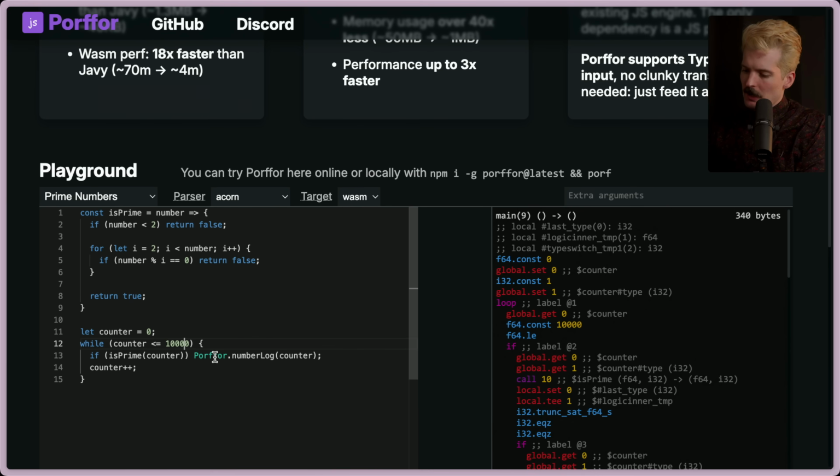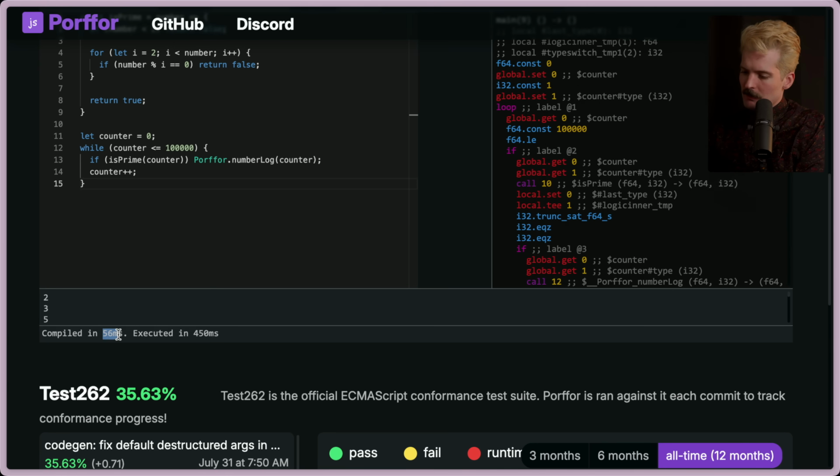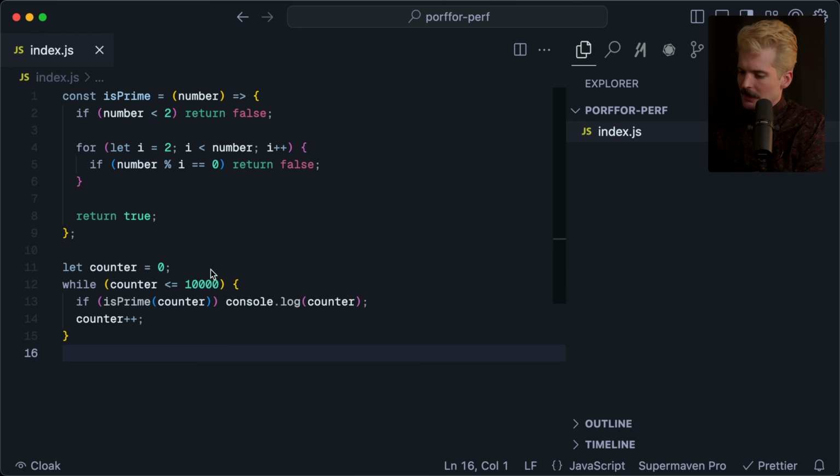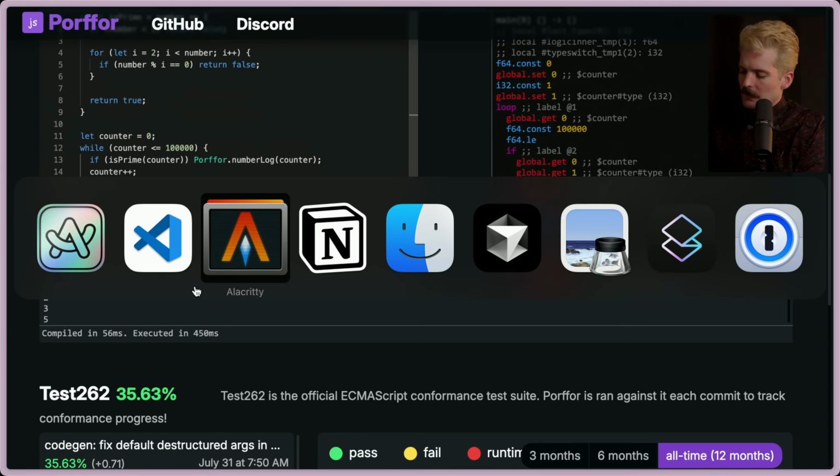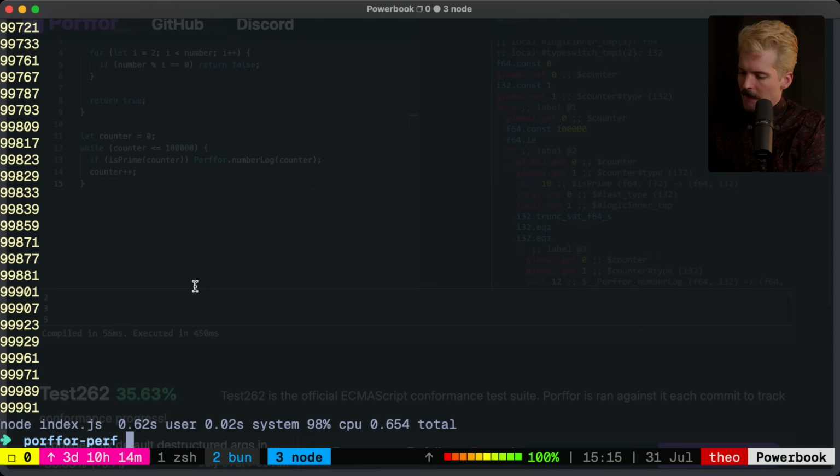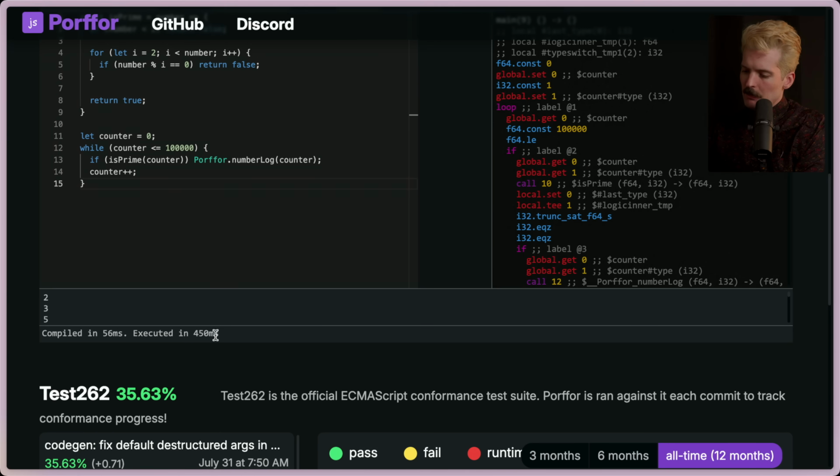If I add a 0 here, how bad will it be? Wrong button. Okay, added a 0, compile in 56 milliseconds, executed 450 milliseconds. If I add the 0 here and run this again, 0.62 seconds. So a decent difference, not massive, but a solid percentage performance win. This is kind of what I expected, though. I didn't think the performance of compiling to WASM would magically be hilariously exponentially better, but I bet if we